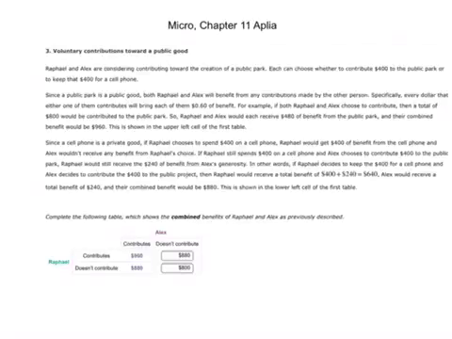Hey everybody, here we are in Microeconomics Chapter 11, the APA homework. Question number 3, voluntary contributions towards a public good. So in this particular question, we've got a couple of people who are thinking about contributing towards the creation of